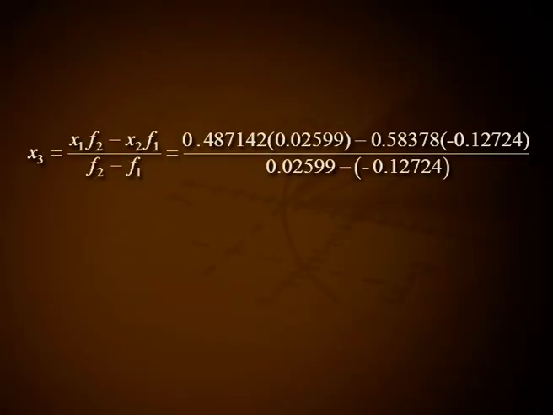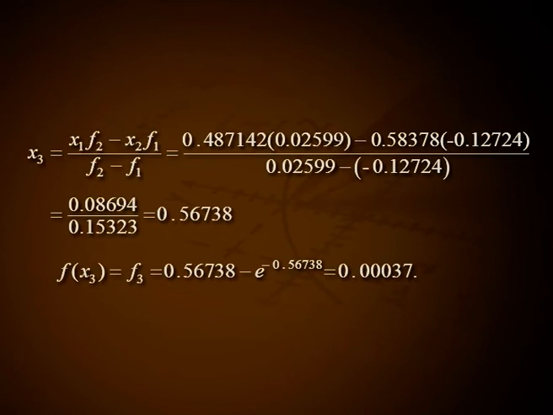Setting n equal to 2 in star, x₃ equal to (x₁ f₂ minus x₂ f₁) divided by (f₂ minus f₁), that is (0.487142 into 0.02599 minus 0.58378 into minus 0.12724) divided by (0.02599 minus minus 0.12724), that is equal to 0.08694 divided by 0.15323, that is equal to